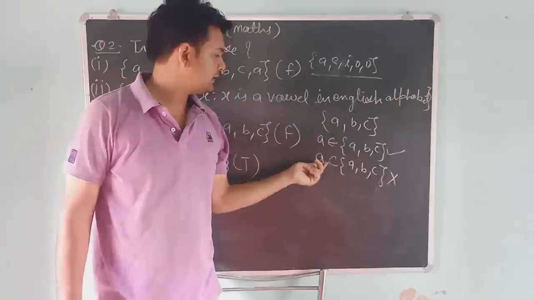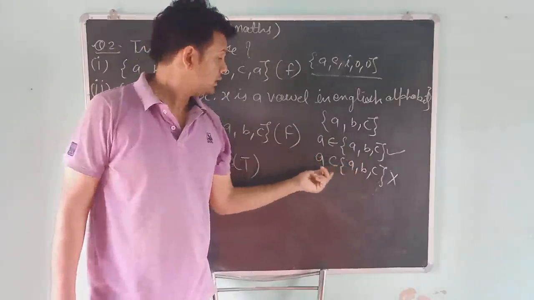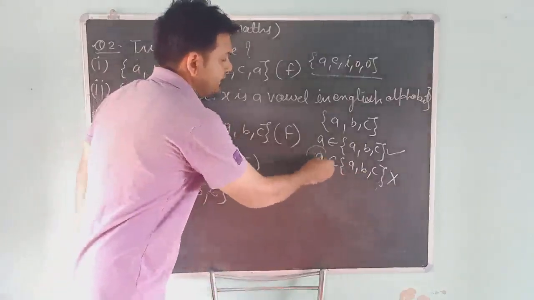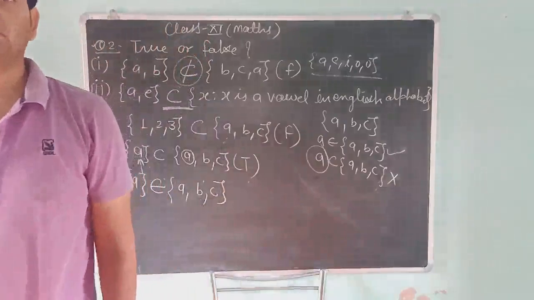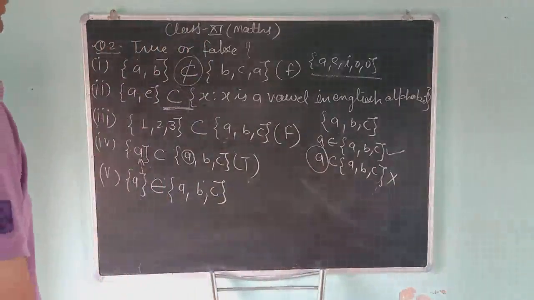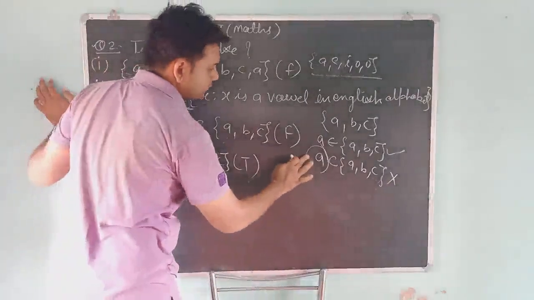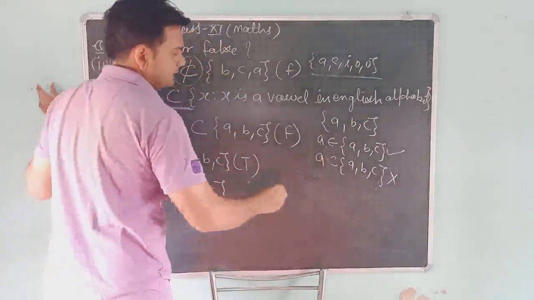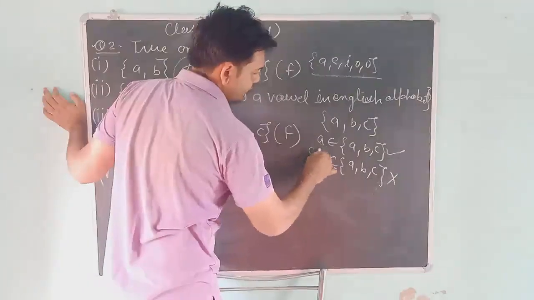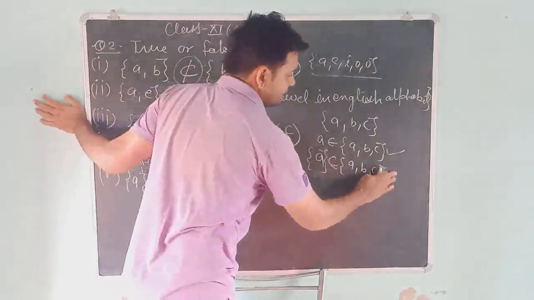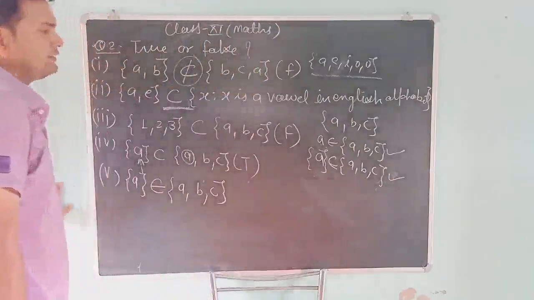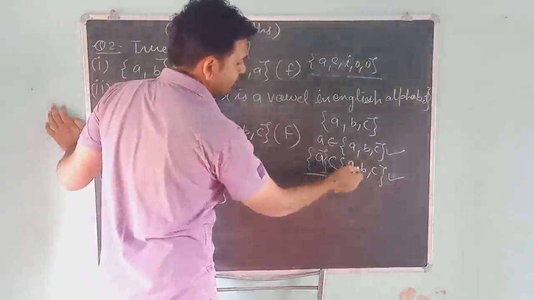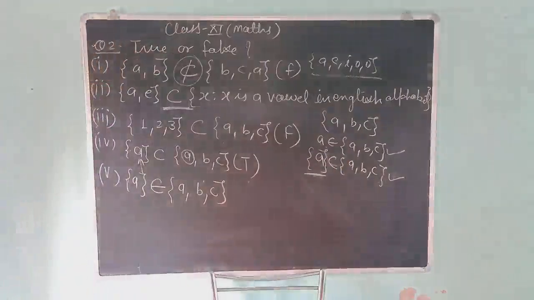But here you can see that A is written as a subset. According to this, A is a subset of ABC. But here we can say that it is not correct because we are not using the proper sign. If you use brackets, then this situation is right. Set A is a subset of ABC. This is right.